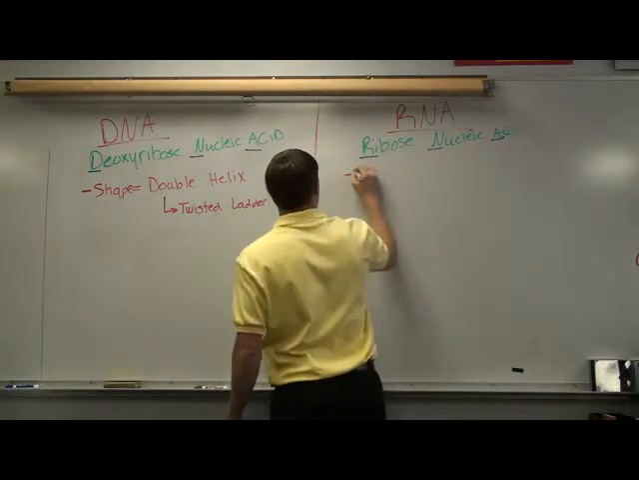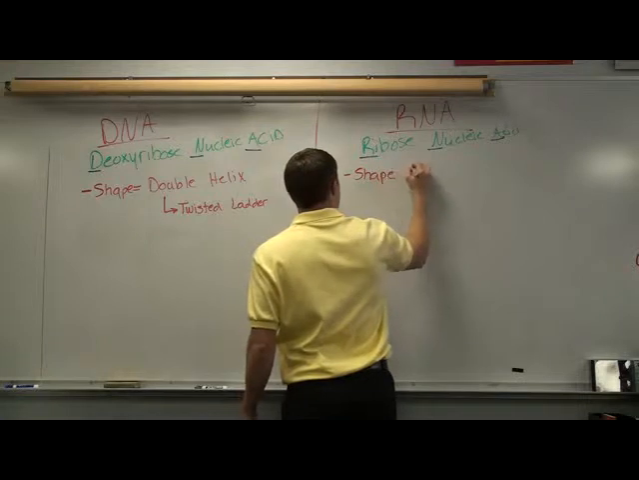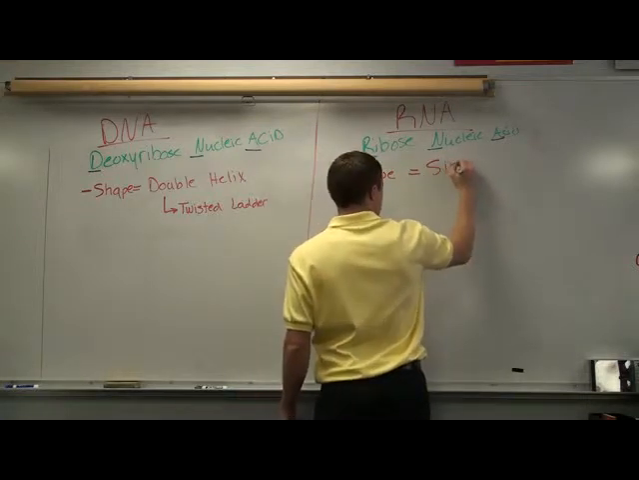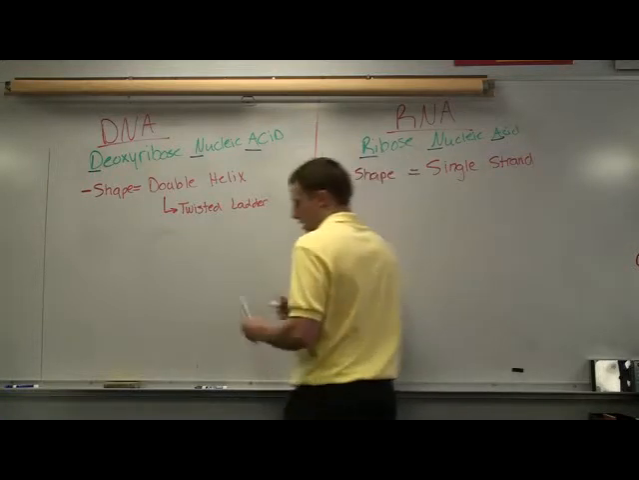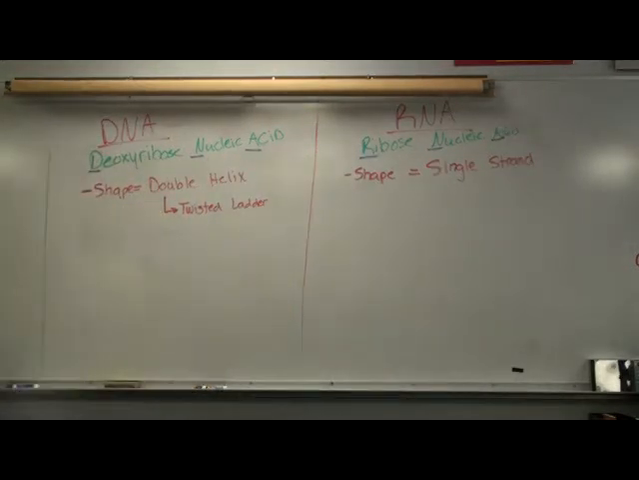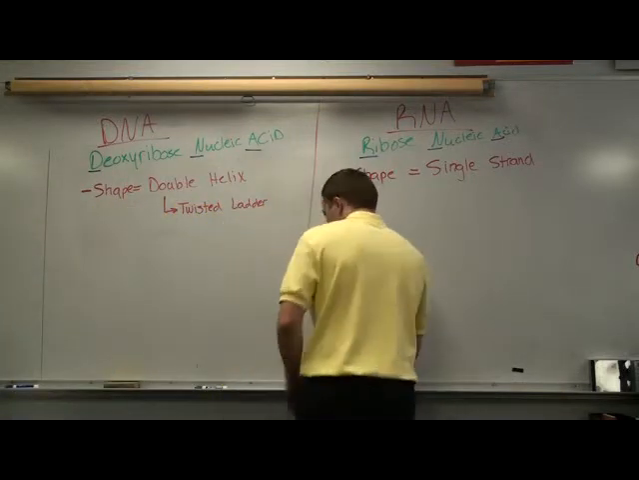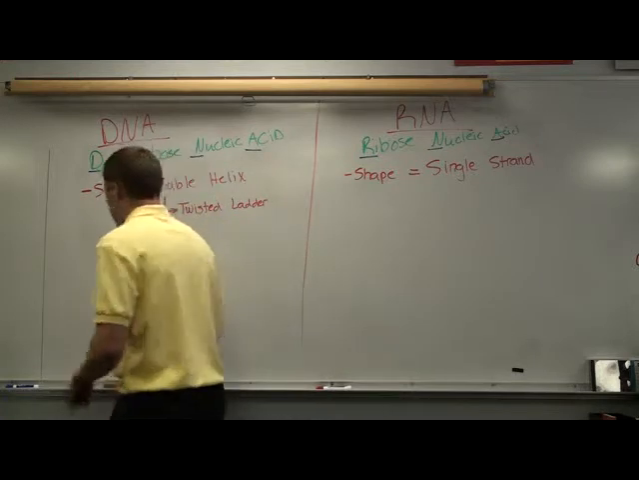The shape of RNA is a single strand. Okay, and I'll show you pictures of these here in just a little bit. I'm going to draw them right there. So the shape of DNA is a double helix. RNA is a single strand. So it's half of what DNA is. So DNA, what shape's DNA? Double helix. Now, the next thing you need to know about DNA, and I'm going to erase this just so I have more room to write,